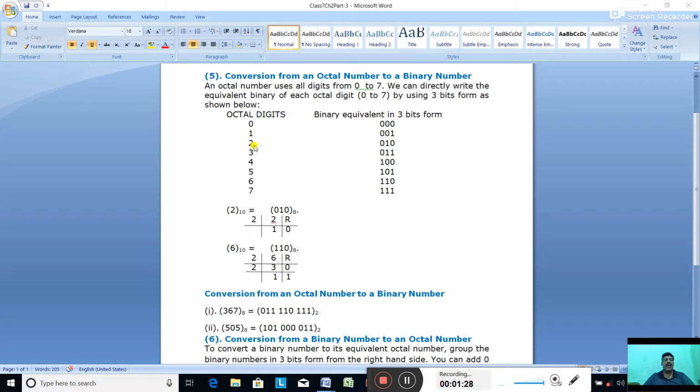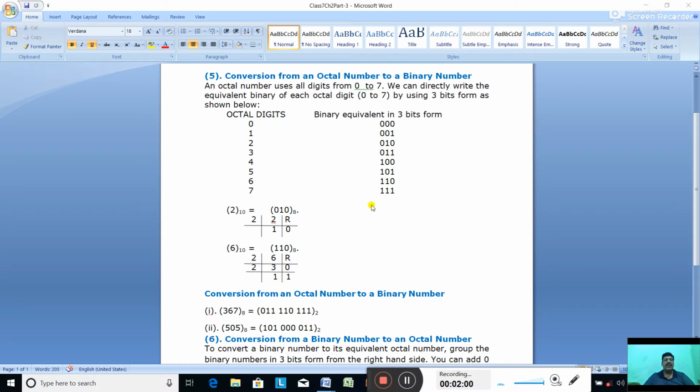Now how to get binary of 2? It is just like decimal to octal conversion. Like the decimal number is suppose 2. Divide 2 by 1. It comes 1. So the binary of 2 came 1 0. So write here 1 0. But to make it 3 bits, on the left side just put 1 zero. So the value will not be changed.